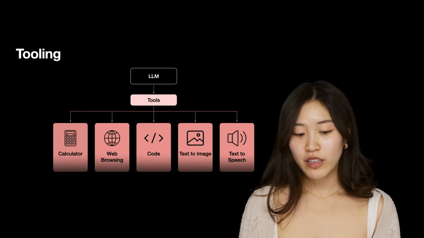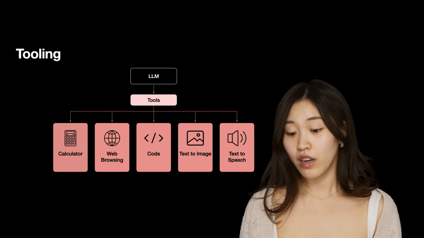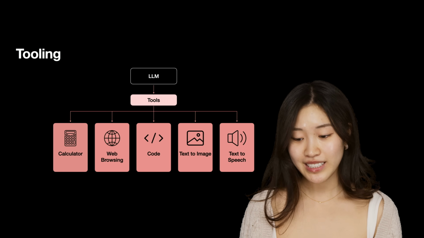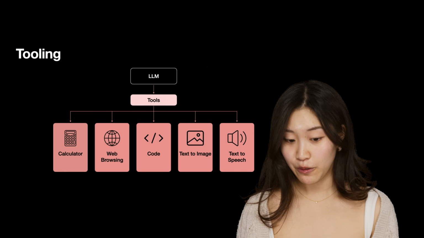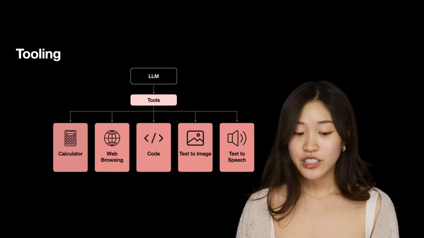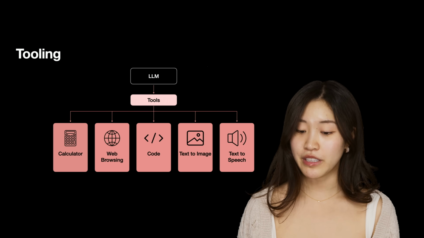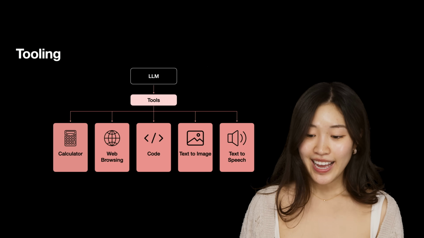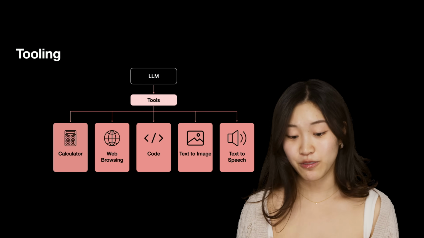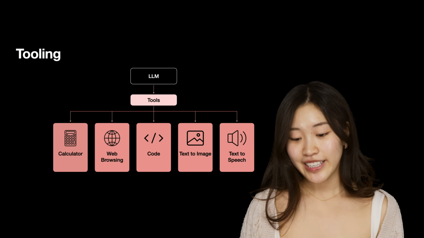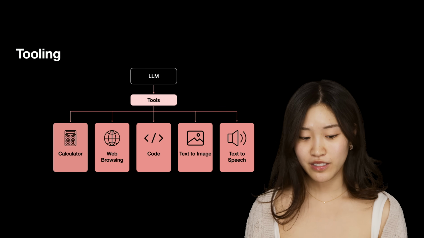Of course, while models will no longer get something like 2 plus 2 wrong, they can still struggle with more complex, multi-step math reasoning. Once this idea caught on, though, new tools started appearing very quickly. Now models can search the web for information they weren't trained on, write and run code to produce graphs and perform analysis, and even convert text into podcast-style audio so you can listen instead of read. Tooling essentially expanded LLMs from just predicting text to interacting with the world.